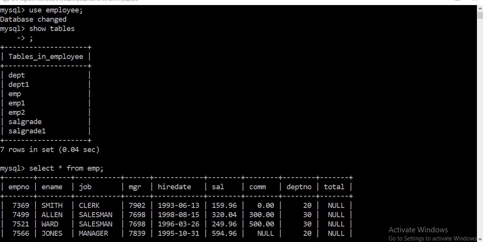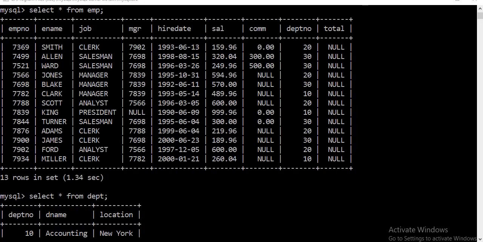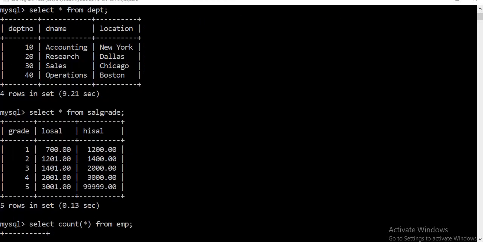We'll see the tables once again. Regarding the EMP, we are familiar. We already discussed it in session 1. So we have 13 rows. Look at DEPT and SAL grade. In DEPT we have department numbers 10, 20, 30, 40, and you try to establish the relationship between the EMP table and the DEPT table. Try to observe clearly how many departments are there in the EMP table and how many are there in the department table.